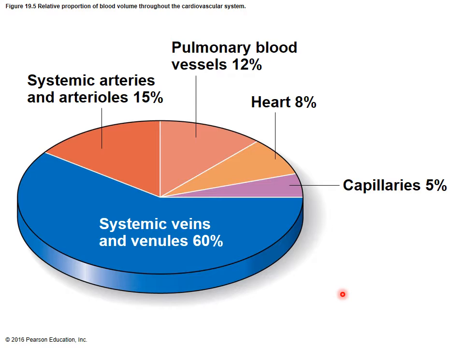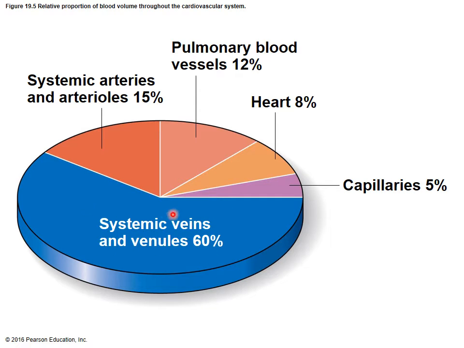This next picture shows you how the systemic veins and venules have capacity for 60% of the blood in the body. And that's a huge way that the blood is stored. If you think about having a job where you stand for a long period of time in a single day, and blood goes to your ankles, and your ankles might feel swollen, your fingertips might feel swollen, that's because